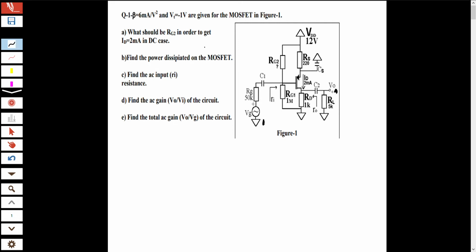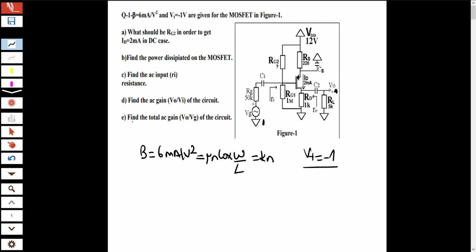So let's look at the first question, and beta is given as 6 milliampere per volt square. Beta is equal to un Cox W over L. I mean beta is our Kn value, and V threshold is given as -1. Remember, in MOSFET V threshold is negative. So in A, what should be our R gate 2 in order to get ID equals 2 milliampere in